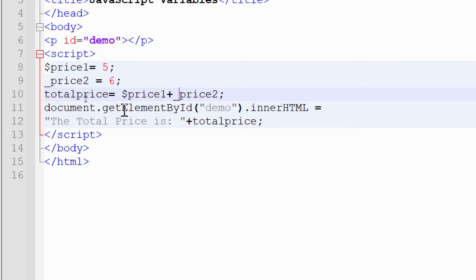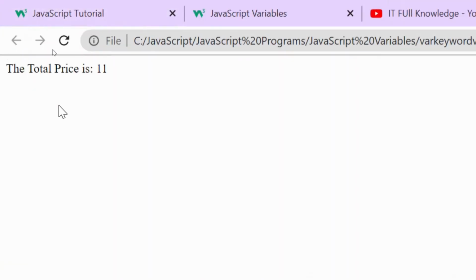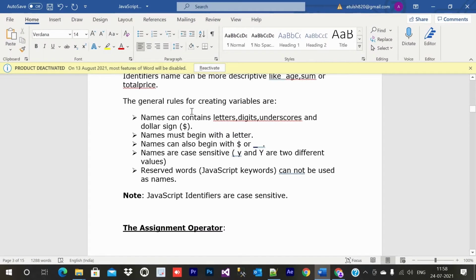Let me save it, come to the browser and refresh it. Still you can see the output coming. That means you can use dollar or underscore at the start of a variable name, because these are treated as letters by JavaScript.